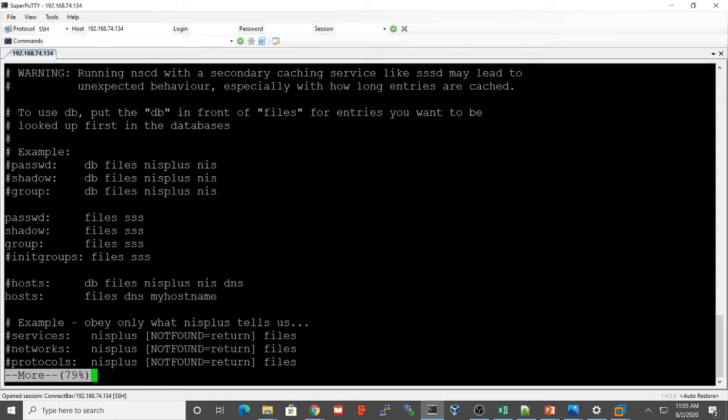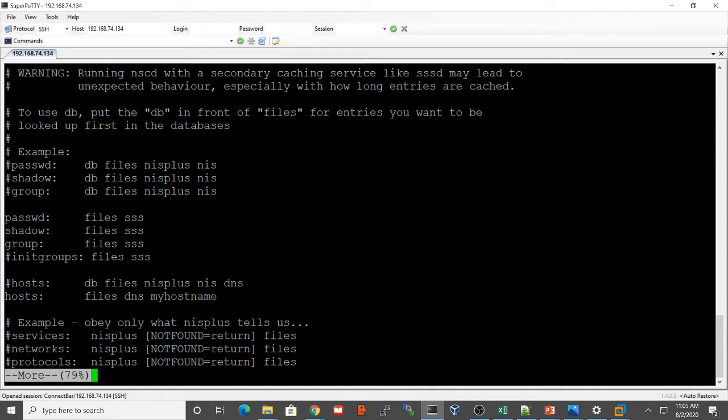If you configure that, then we need to mention those things from the AD path in place of files. So the default is files, and shadow also files, and group information also files. It will read from /etc/group, and then hosts. See here, hosts. We don't have any DB for passwd, shadow, group, so in our system we have only the files: /etc/passwd, shadow, group. Same for hosts, it will be read from the files.